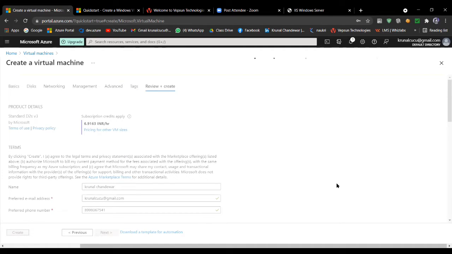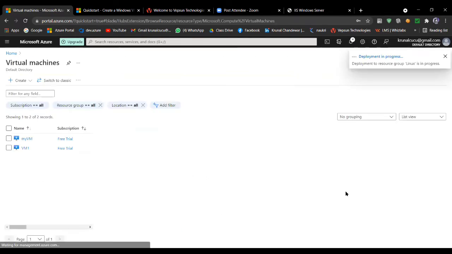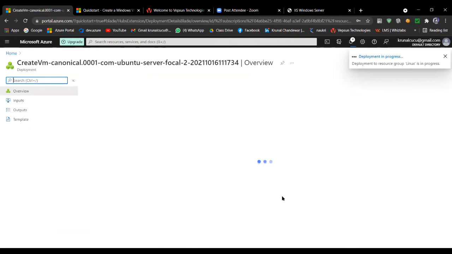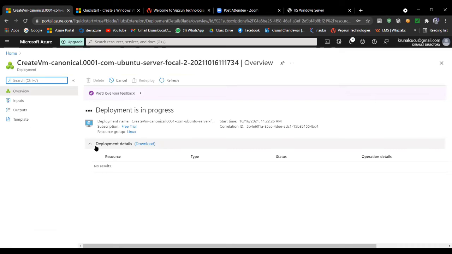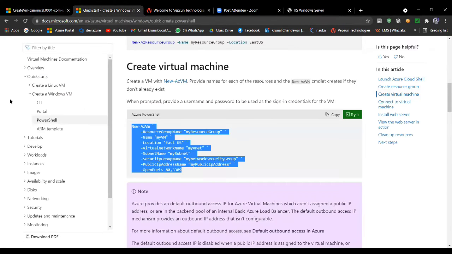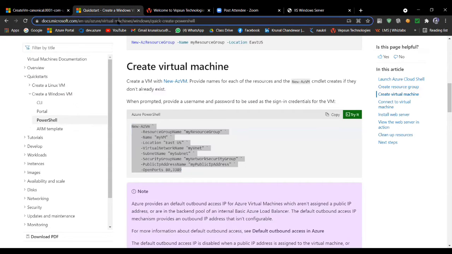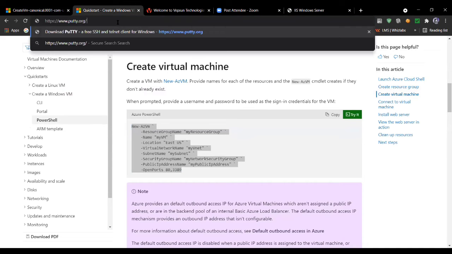So now my virtual machine is going to be created, and now I can access this virtual machine with the help of the PuTTY tool. Now we have to go to one site, and we have to download and install the PuTTY tool, and from there we will be able to access our virtual machine. As I told you, I already copied the link for how to download PuTTY. So now I'm going here, and I'm directly pasting